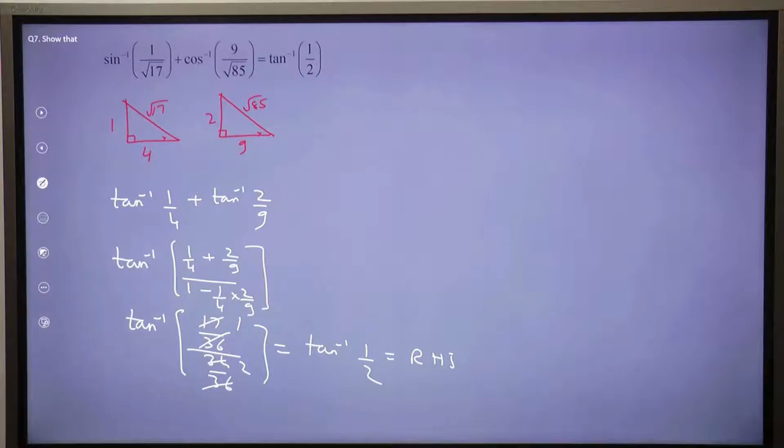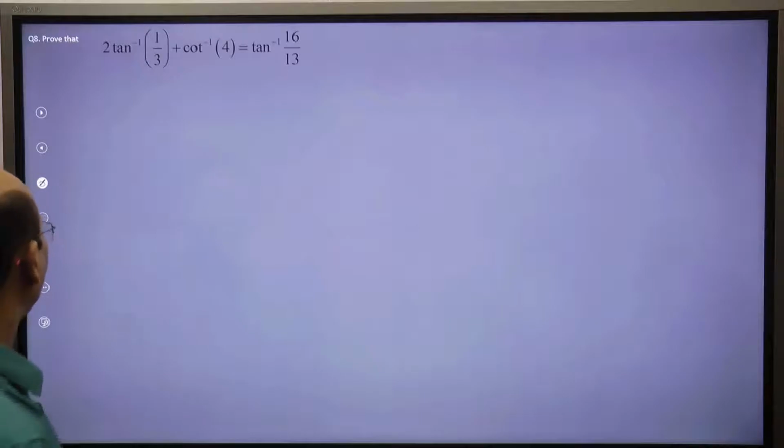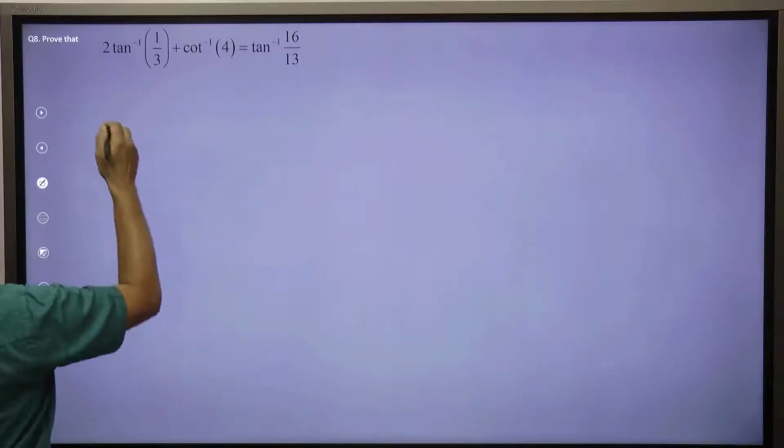Okay guys, let us take the next question now. 2 tan inverse 1 upon 3 plus cot inverse 4 equal to tan inverse 16 by 13. So let us have a working on this. 2 tan inverse 1 by 3 plus cot inverse 4 is equal to tan inverse 16 by 13. Now once again, I have to prove tan inverse, so I can convert this to tan inverse. So this will become